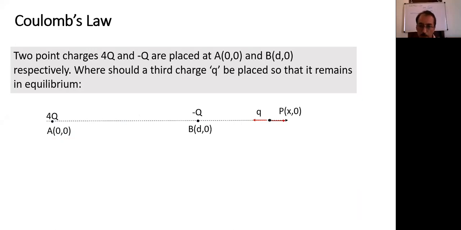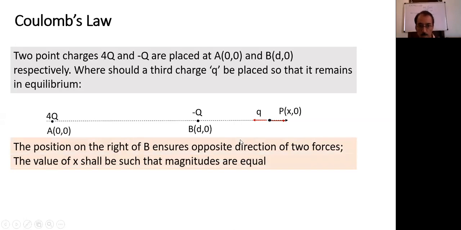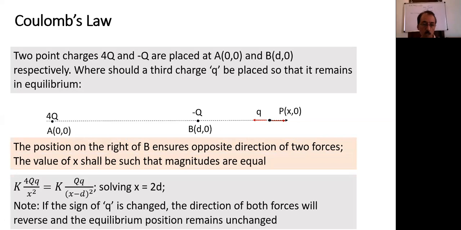How many forces will act on the charge at point P? Two forces will act. So can you mark this? The moment you place it here, mark the direction. Now equate the magnitude. Can you write the equation of magnitude here, all of you? What is the magnitude of force between this charge and this charge? K into first charge into second charge divided by the square of the distance. Same way, write both equations. So this is how the equation will form: this is the force between A and P, and this is the force between B and P. And we solve, we get x is equal to 2d.